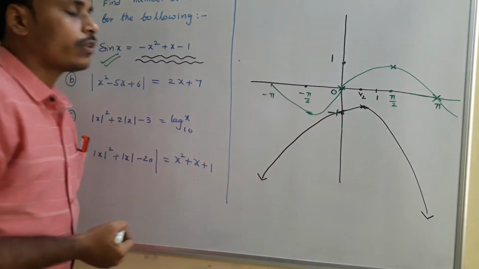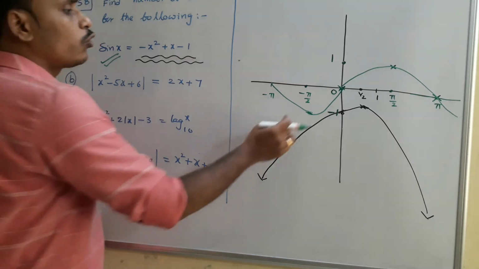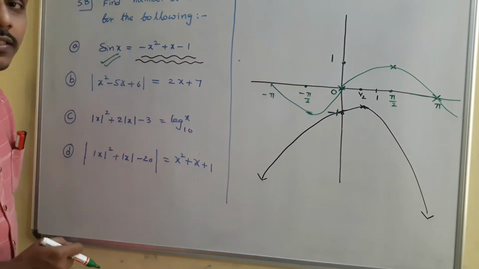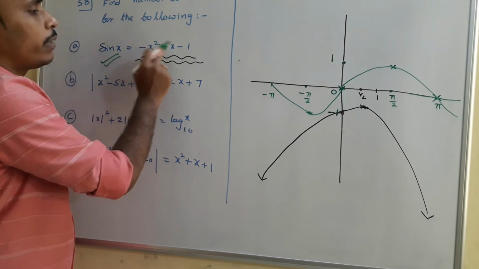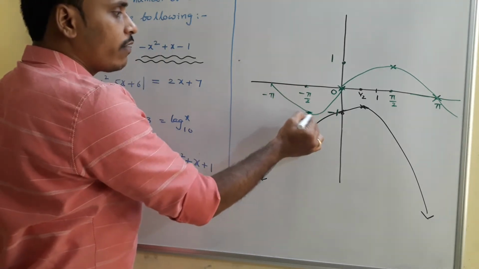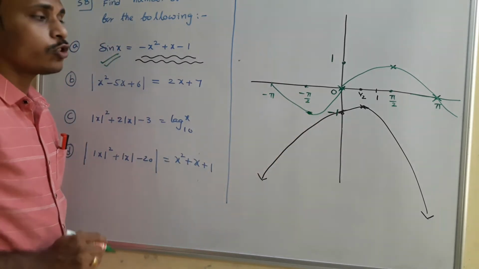Okay. Just look there, this is the sketch of sin x, is it right? And you need to be careful at this point, minus pi by 2, minus 1.57. What is the value at minus pi by 2? At minus pi by 2, the sine value is minus 1. It is very clear. Okay, sine value is minus 1.